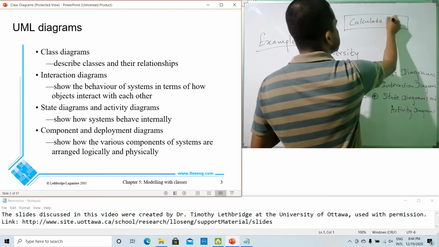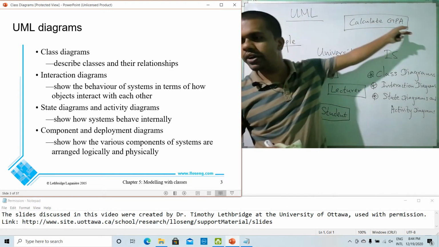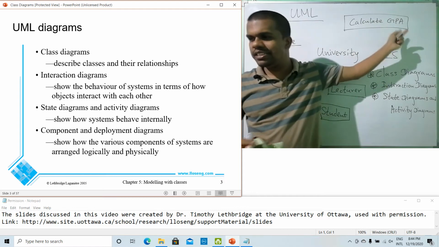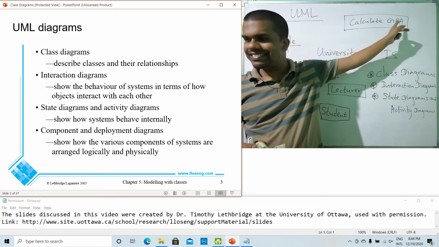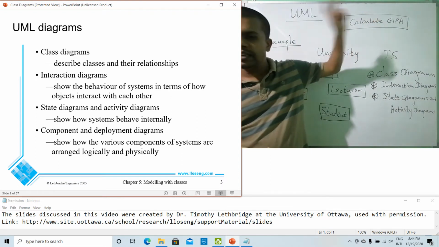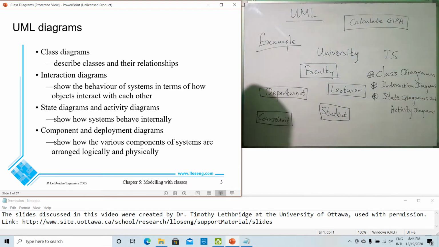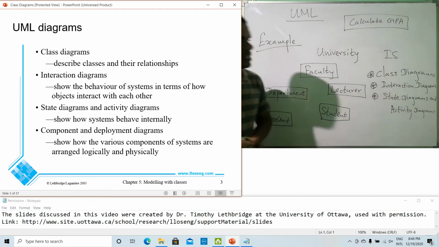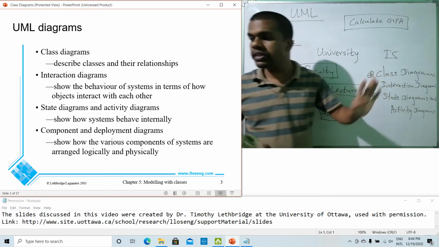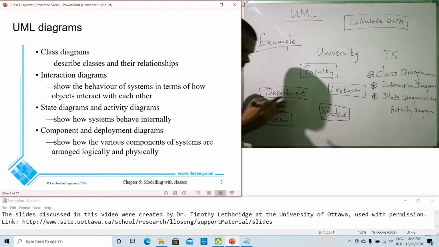calculate GPA. This is a button. Okay, GPA means grade point average. With universities, this one is very familiar. So if the student clicks on this button, then in order to perform the calculation inside the system, certain process should run. Okay, that process is modeled using activity diagrams, and also using state diagrams we can represent the different